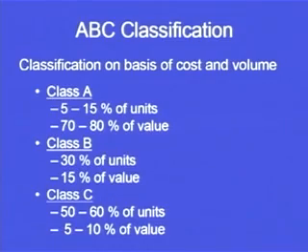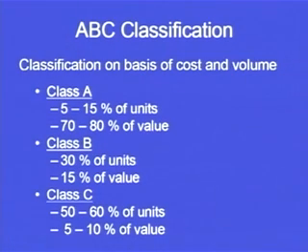And then in the last slide we have seen that there are two types of systems. One is the periodic system, and another one is the continuous system. All that we have already covered. So we have to now see how the materials will be classified. ABC classification is one of the most important classification schemes used in order to classify the materials into three